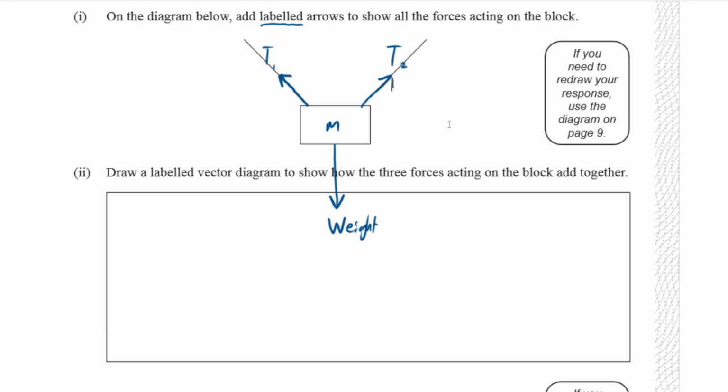And the size of the arrows, roughly the vertical component of the tensions should add together to equal the weight force, right, if it's balanced. But that can be quite rough. You would be wrong if your tension forces were like this and your weight force was just like that. That's clearly accelerating upwards, so make sure they're a bit closer in size than that. Okay,